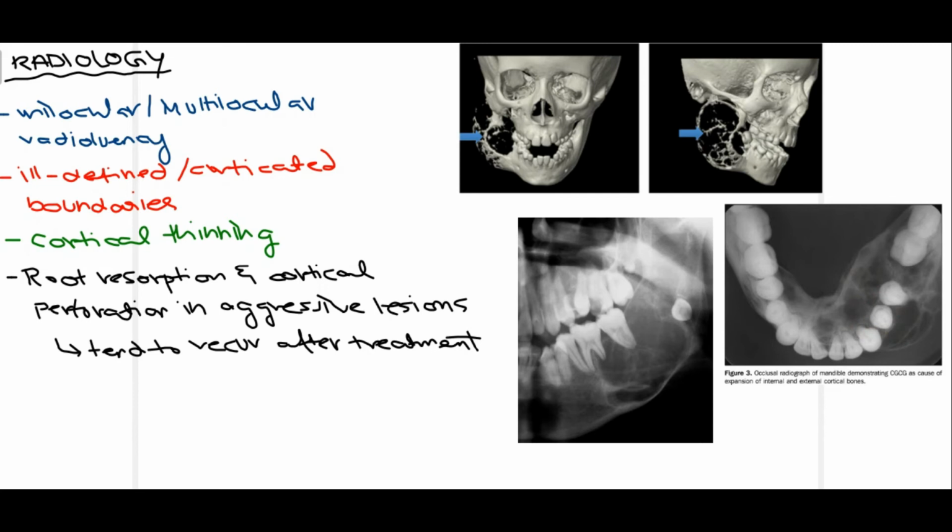Next, there is cortical thinning. Now, the cortical thinning is mostly present because the lesion is expanding. As you can see, the cortical bone is thin over here. Because of the expansion that is going on, there is resorption of the bone around the teeth as well as the mandible. So, the aggressive lesion, as you can see in this radiological picture, is expanding, the facial swelling is severe, and there is destruction going on around all of the adjacent structures. The aggressive lesions mostly have a greater chance of recurrence as compared to non-aggressive types.